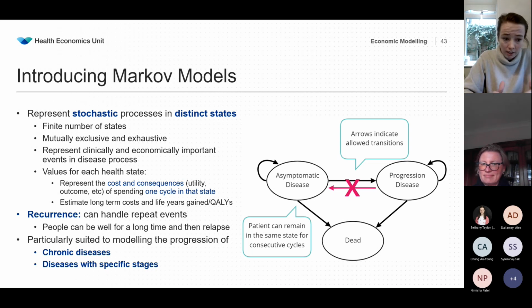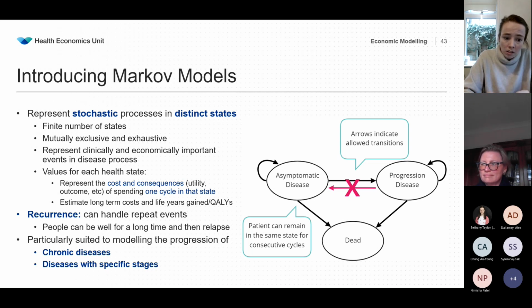They're mutually exclusive and exhaustive, and they can be used to represent clinically and economically important events in disease processes, just like decision trees. They also, like decision trees, have values for each of the health states. So there are costs and consequences that we can assign to each state here. And this can be used to estimate longer term costs and life years, qualities gained from